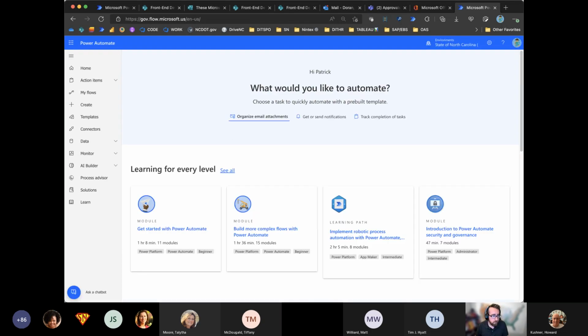All right. Let's do saving a document from an email into SharePoint. So a ton of us here in state government use SharePoint, and I'm sure in outside agencies as well. If you're in a position where someone emails you a report once a week, it's always the same report. It's always the same document. It's always an Excel file with this month's numbers. It's always from the same person. If it's repeatable, you can capture that attachment with Power Automate and store it in a library.